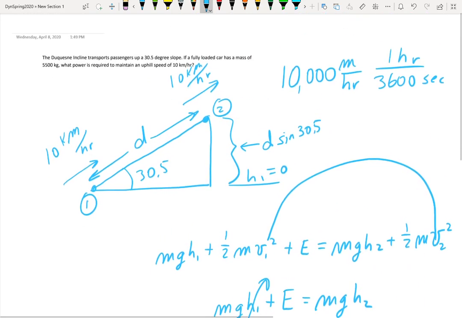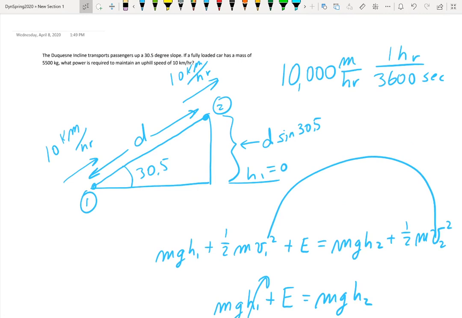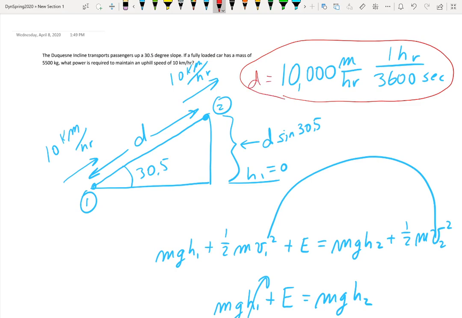Now, this is a big key here. When I'm finding this out and I'm saying d equals that, then this is what occurred in 1 second. So if d turns out to be like 3 meters per second,